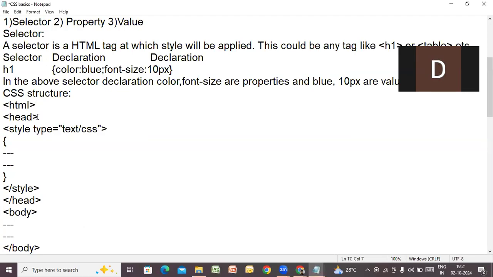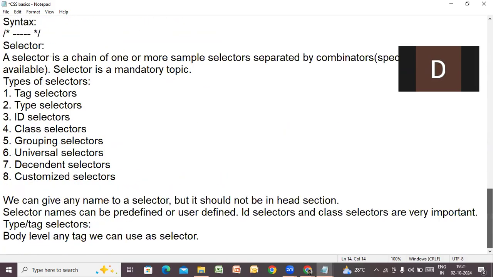Right. So here you can see property and value as a group you kept in one selector. This is a selector name. These are the properties and values. Two properties I have taken, color and font size, and two values, blue and 10px. So what I mean is